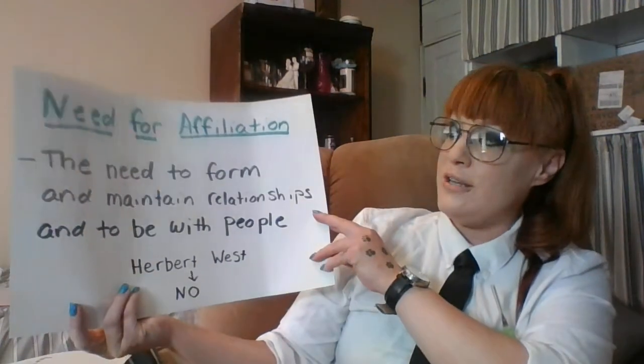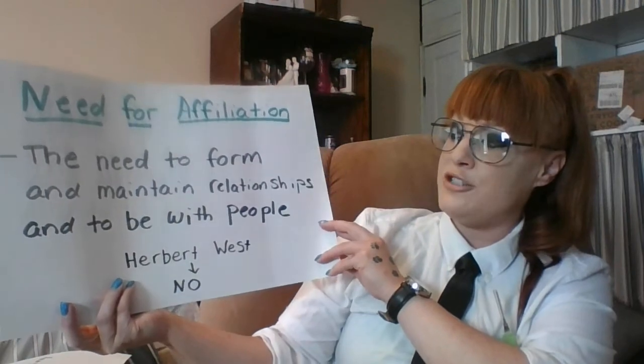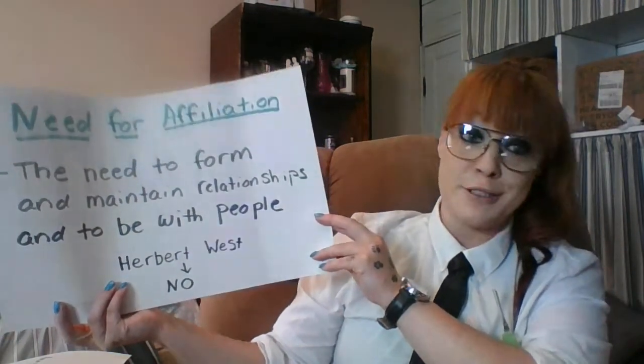Need for affiliation, the need to form and maintain relationships and to be with people. Herbert does not have this need at all. Herbert doesn't care to make friends or form connections or to be around people at all. Like, he's not interested in any kind of social setting whatsoever. He prefers solitude. The only friendship he has is really with Dan,